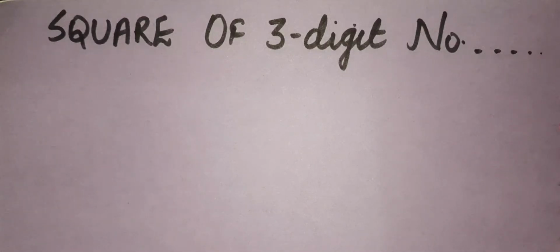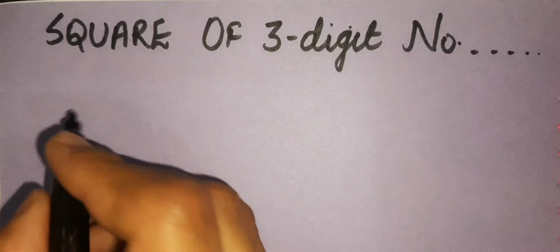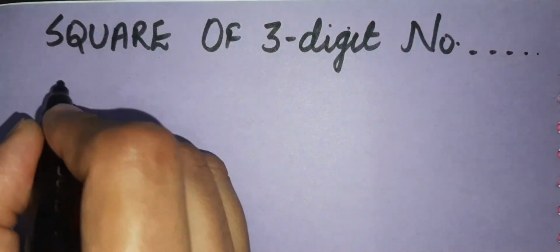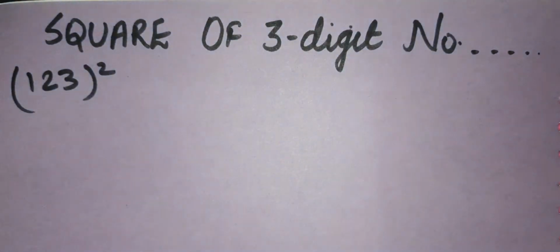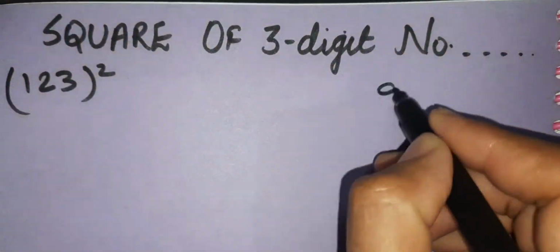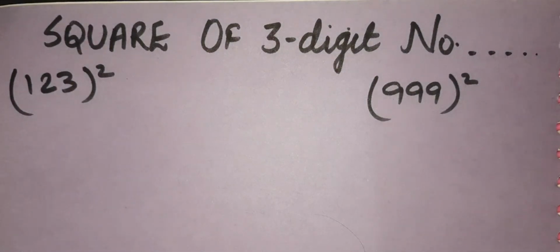In the previous video we discussed the square of a two-digit number. We will use that trick here also, because we need to square a two-digit number here as well. Let us start with an example. First of all, we'll discuss a small number which is near 100, so I'll calculate the square of 123. You can calculate the square of any three-digit number, even the largest three-digit number, 999. In the end we will calculate the square of the largest three-digit number by two tricks, so watch this video up to the end.